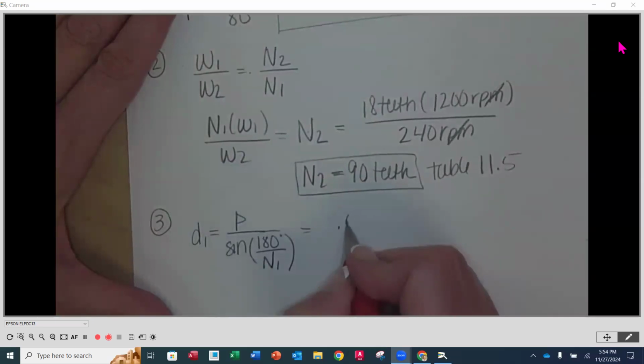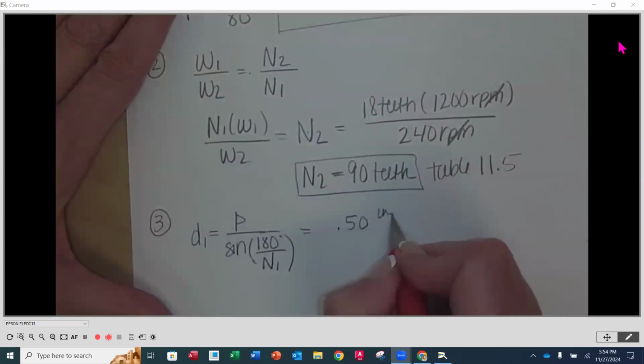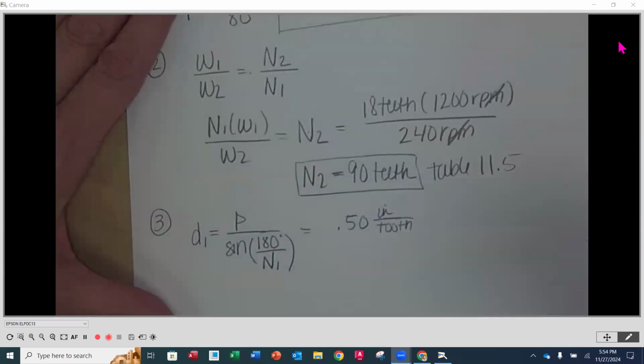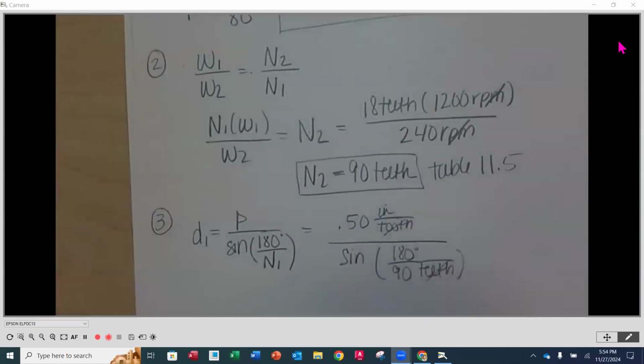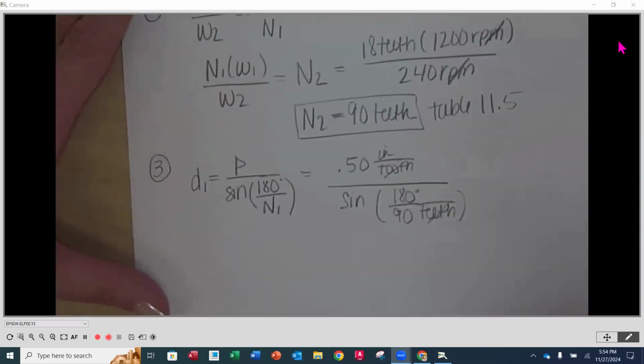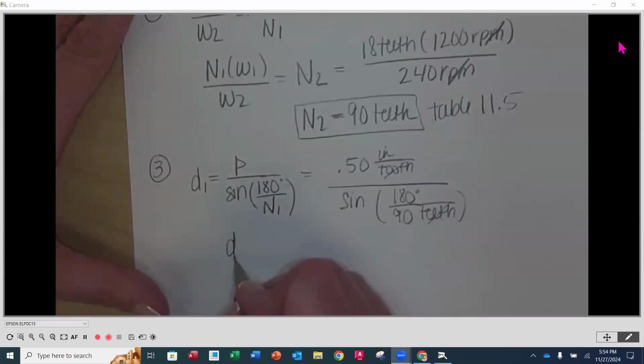So that's going to be 0.5 on top, and that's inches per tooth, but teeth and tooth are going to cancel out each other. And then it's going to be sine times 180 degrees divided by the number of teeth, which is going to be 90 teeth. Okay. So teeth and teeth cancel, and we're left with inches. So my D1